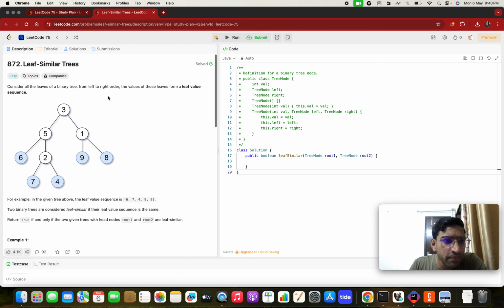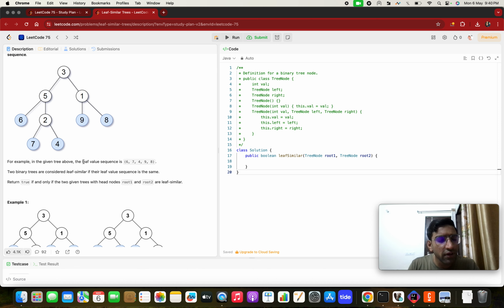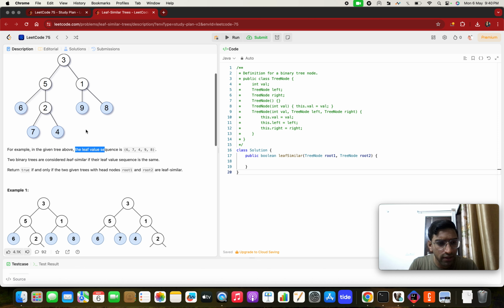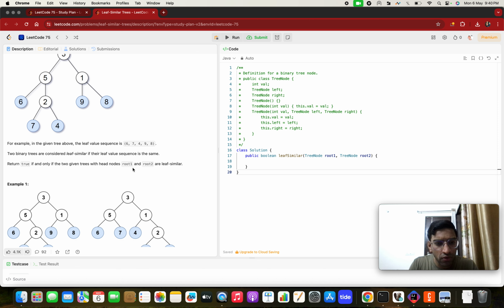So let's start. Consider all the leaves of a binary tree from left to right order. The values of those leaves form a leaf value sequence. For example, in the given tree above, the leaf value sequence is 6, 7, 4, 9, 8. Two binary trees are considered leaf similar if their leaf value sequence is the same. Return true if and only if the two given trees with head nodes root1 and root2 are